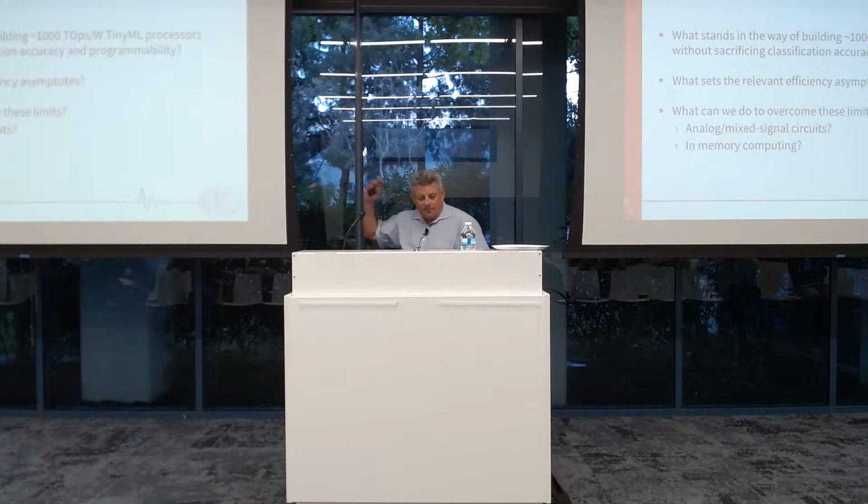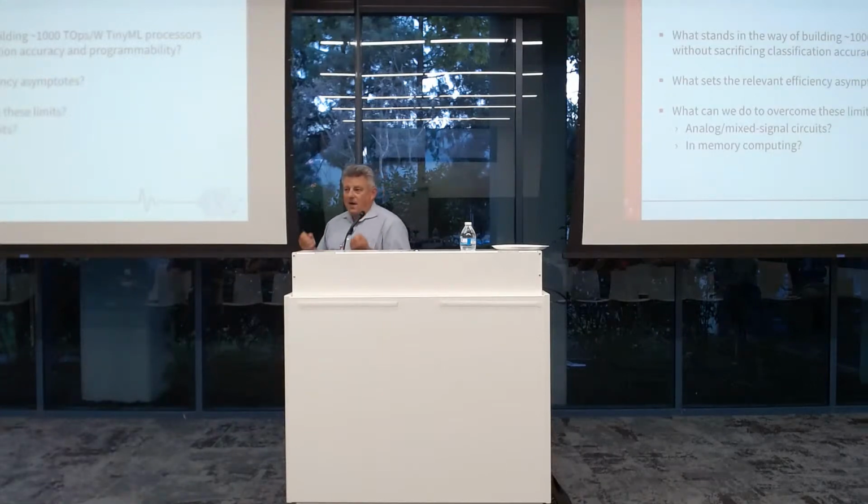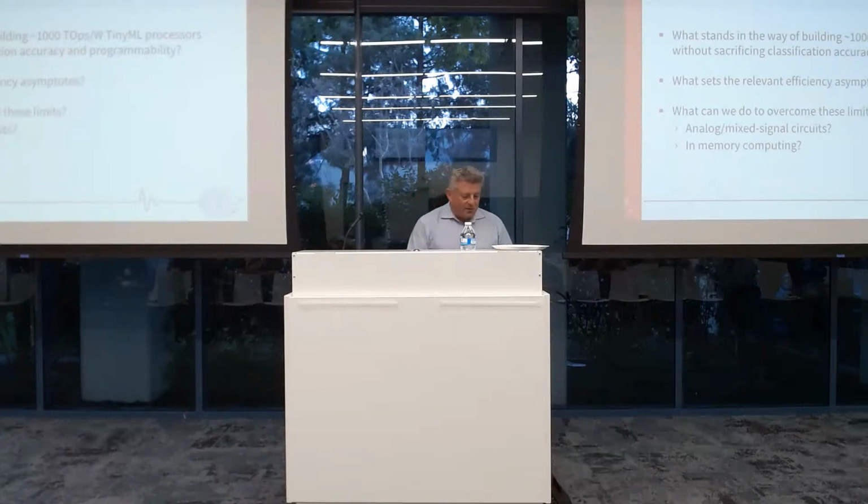Why is it? I mean, the people who designed these processors, they're no dummies, right? So if they end up at 10 TOPS per watt, which is actually a very good result, why is that? Why didn't they get 100? What are they bumping into? What is that ceiling? So we're going to calculate a few of those, and then I'm going to brainstorm a